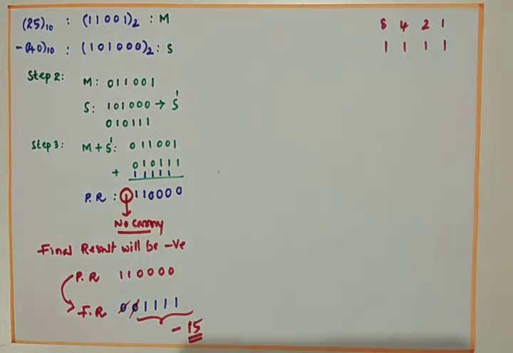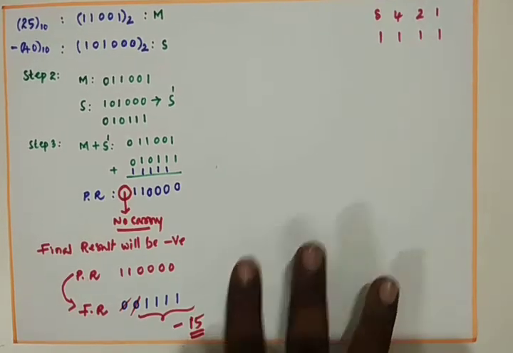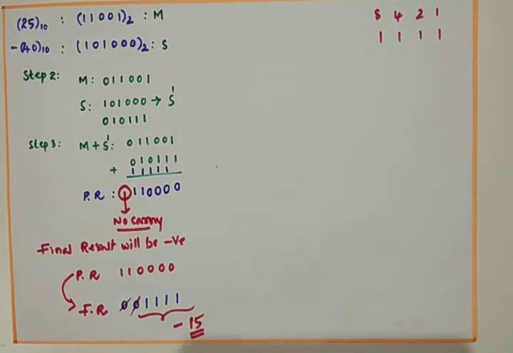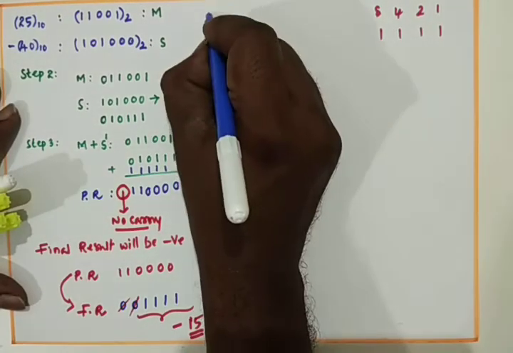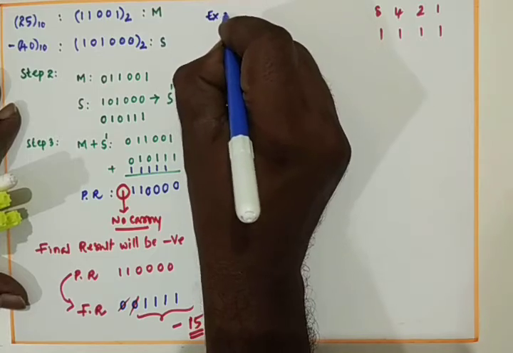Likewise, we can perform subtraction in the form of addition by making use of the ones complement. You can perform the same thing with the twos complement also. We can perform the same subtraction using the 2's complement also. I am going with one more example, a random example. Example 3 now.